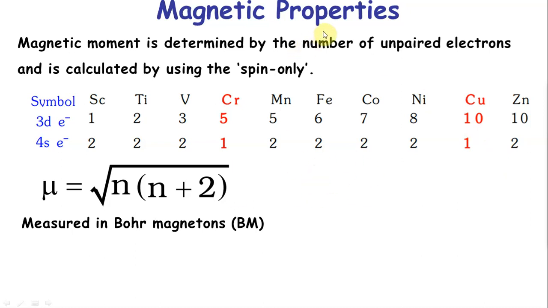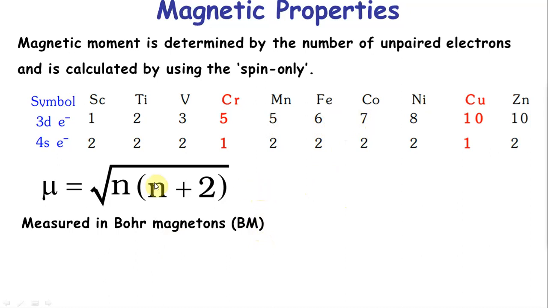Magnetic moment, magnetic property. Whenever you have a single d electron, that is going to be paramagnetic, the one in the red, and everything else is going to be diamagnetic. But you may be asked not just about the elements themselves, you may be asked about the ions. That has come many times. This is the formula to calculate it: square root of n into n plus 2, where n stands for the number of single electrons. So for example, in this case it will be 1, in this case it will be 2, 3, 5, plus 1, 6, 5 here. Here you don't go for 6 because you have to go for the corresponding box diagram. And it's calculated in Bohr magneton.